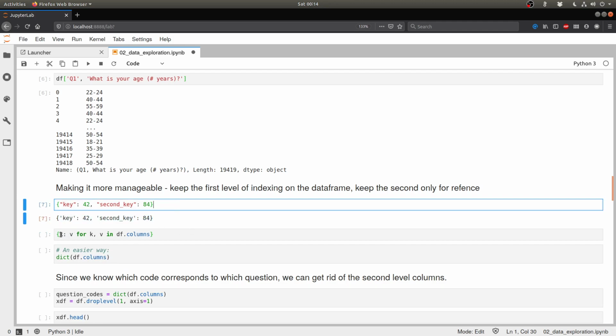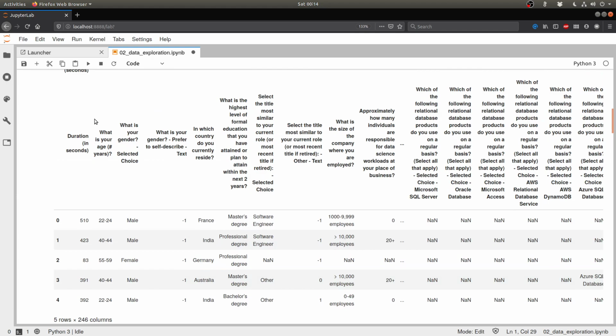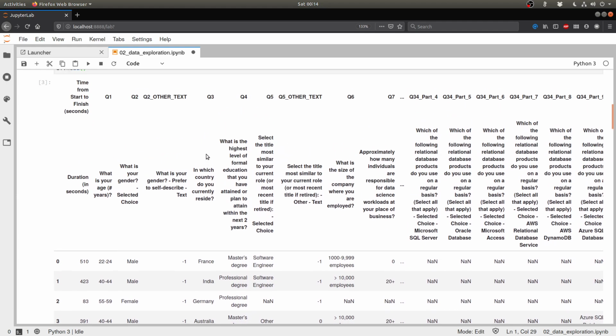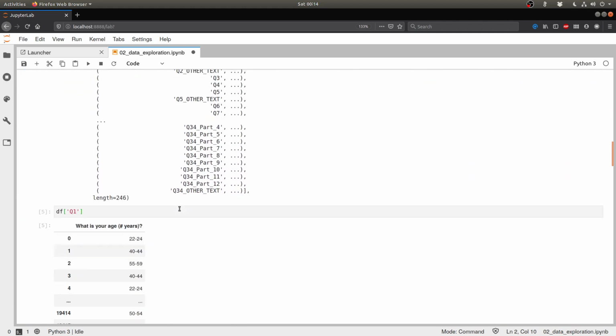One quick way to create a dictionary is using something called a dictionary comprehension. So what it's going to do is essentially you keep the braces as they are, but inside, instead of writing a set of key value pairs, now of course we can't write the whole set of 246 key value pairs as are present here. What we want essentially is a dictionary where the question codes are my keys and the text of the question is the value. So I can just put the question code in that dictionary and get the question corresponding to that code. That's the kind of dictionary I want.